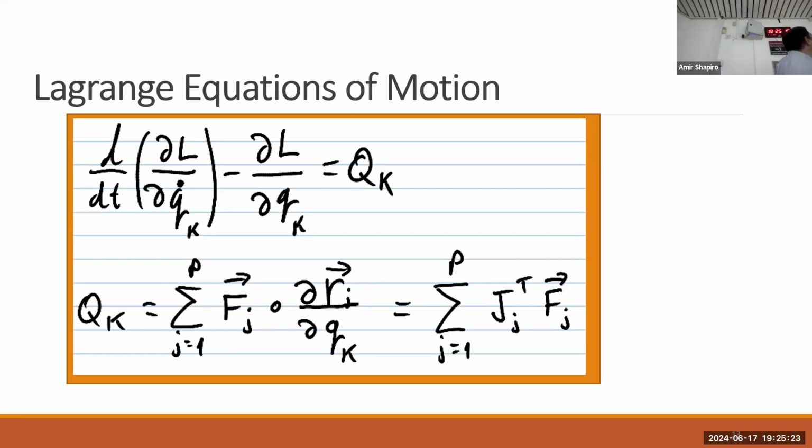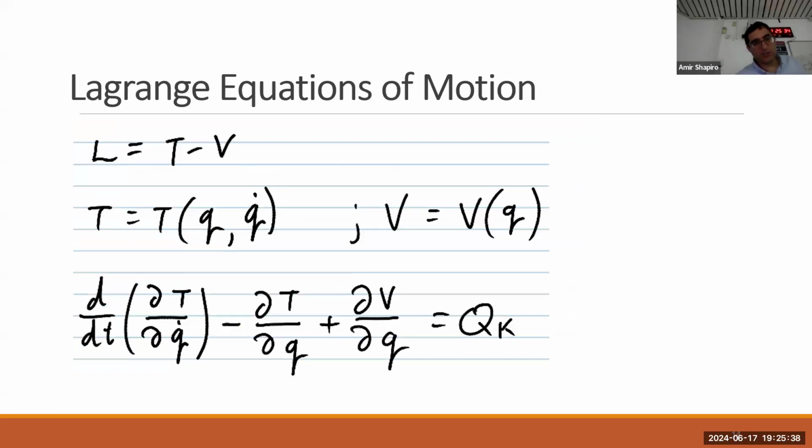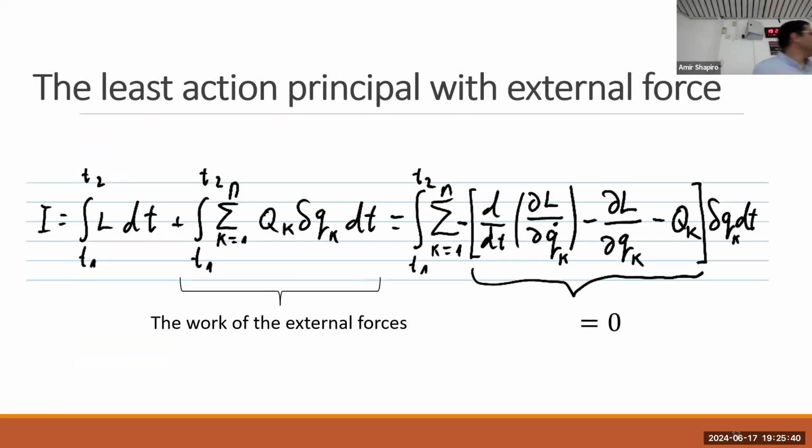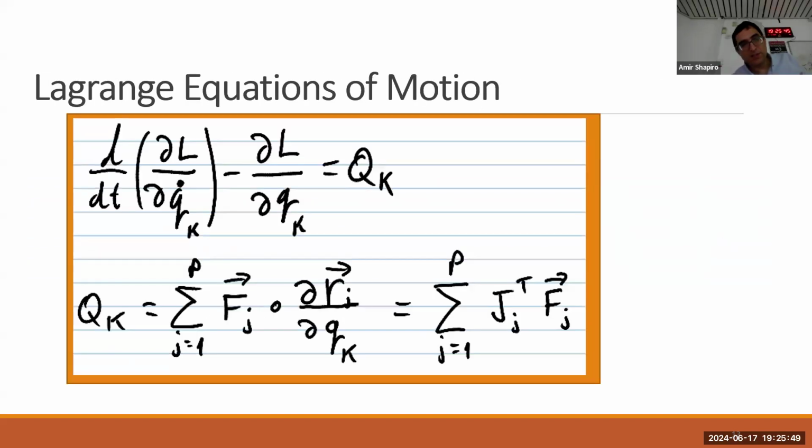And now we get the Lagrange equations of motion with external forces. So the external forces here, since everything has to be zero, so here we got minus Qk. We move this to the other side, so it's plus on the right-hand side, and we get the Lagrange equation